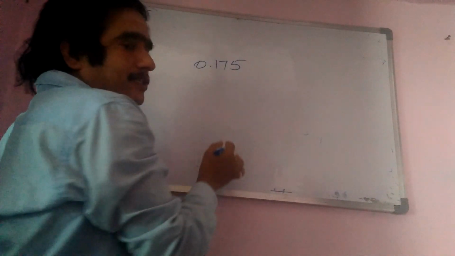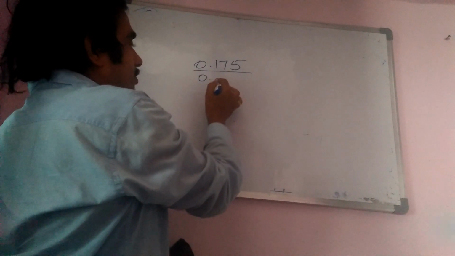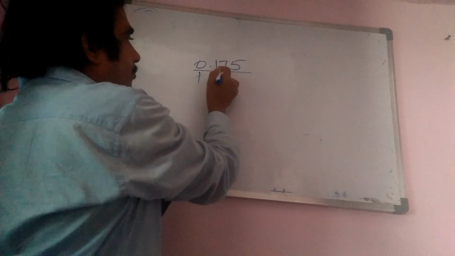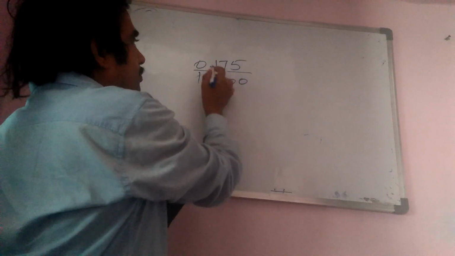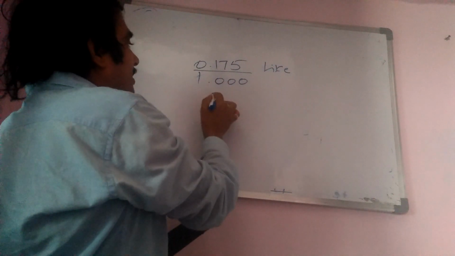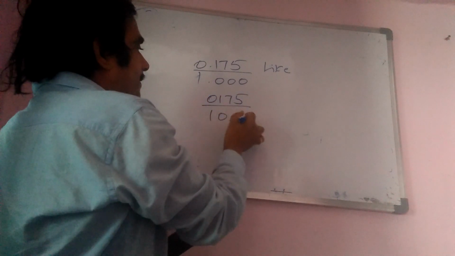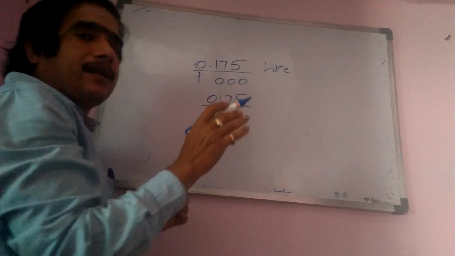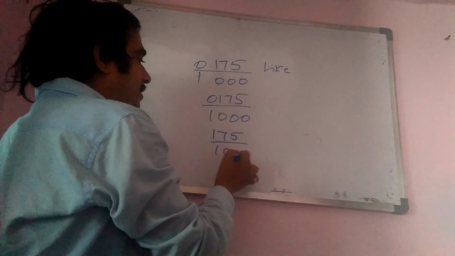So 0.175 by, you put down also 0. Here down generally what will be there? 1 will be there. 1 point, how many digits are there here in the numerator? In the same number of digits you put. So these became like decimals in the numerator and denominator. Now remove the point: 0.175 by 1000. Now writing a 0 on the left side of the number will not give you any value. So remove that 0 and write 175 by 1000.